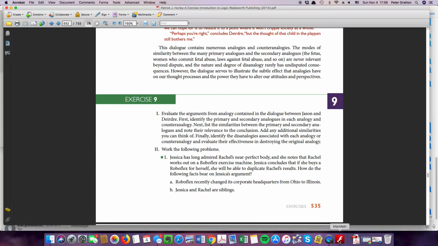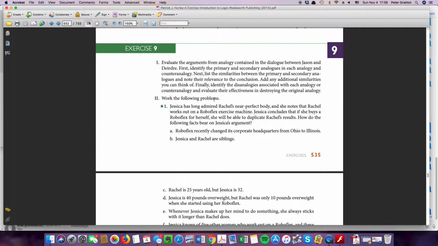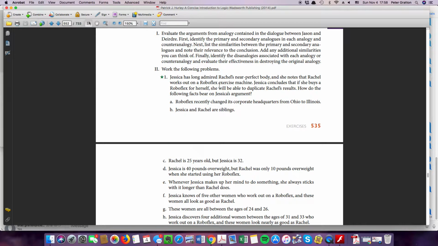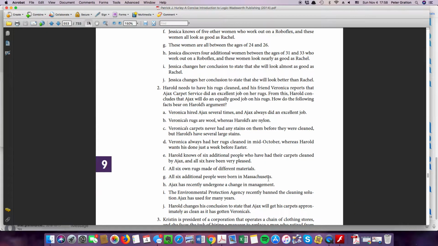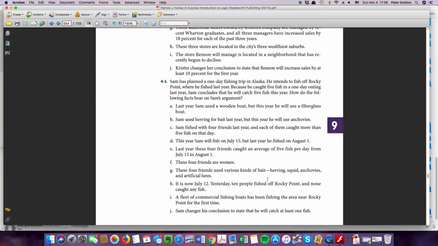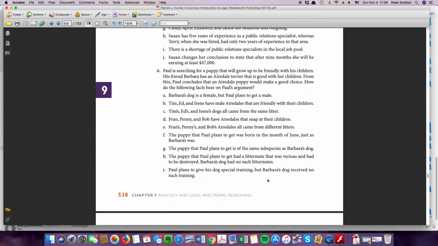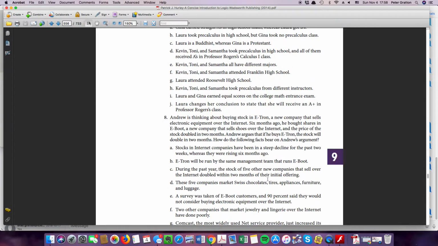But let's go through here. You already have these exercises, and for most of them you have the same questions, and you're asked here whether these strengthen or weaken a main argument. I think these are straightforward in general. And you'll be able to see, I think, fairly quickly what strengthens and weakens.